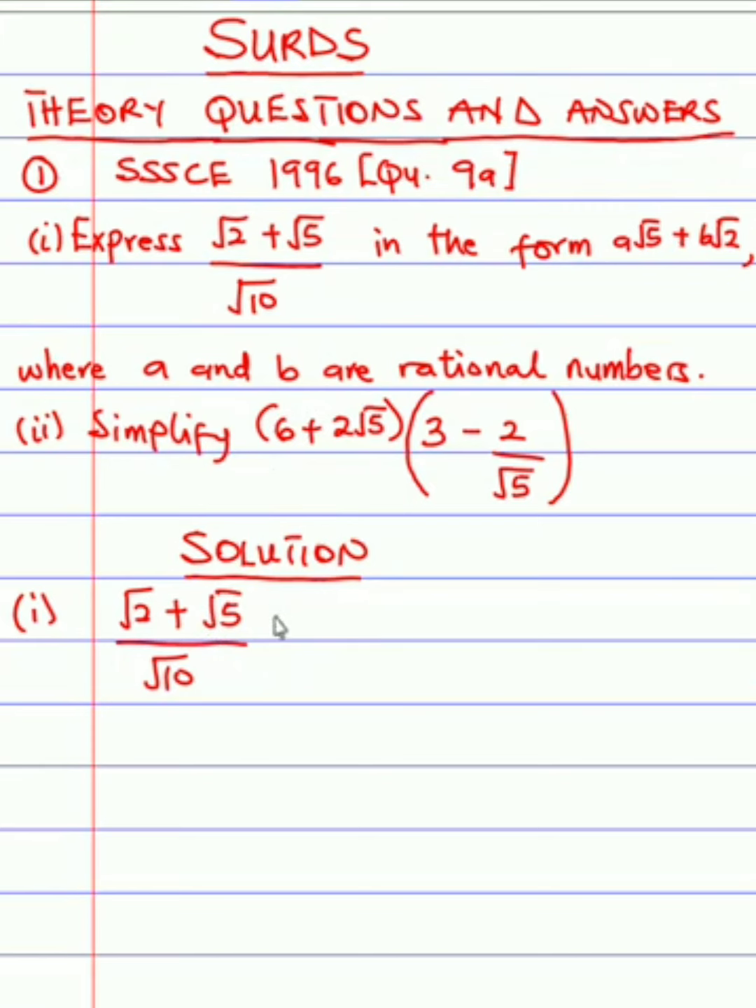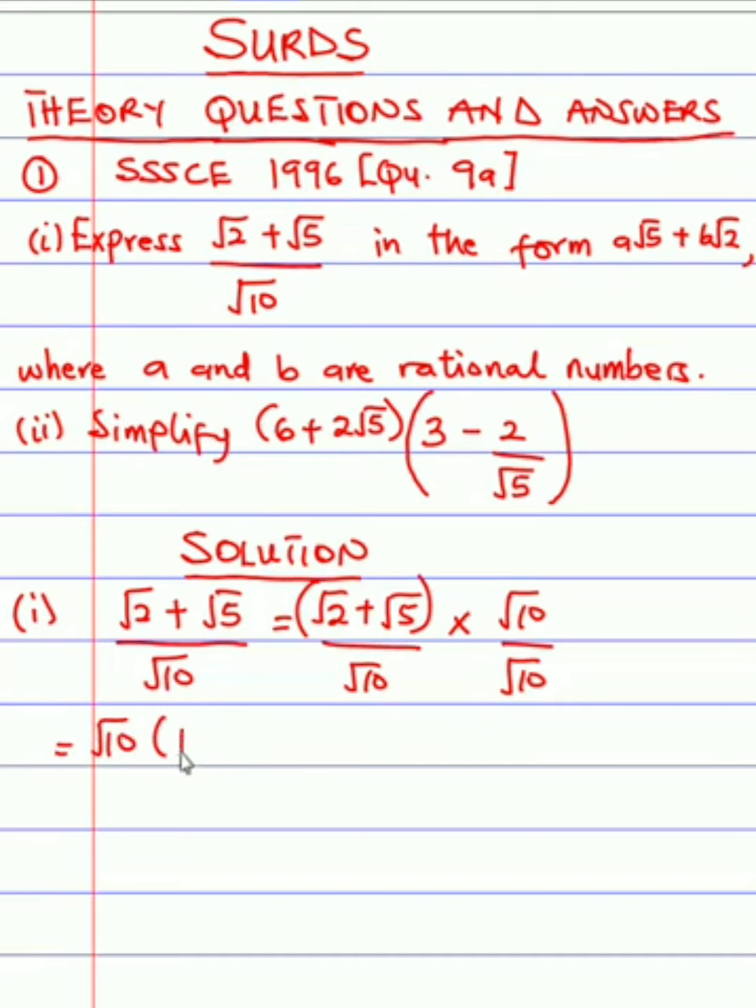All right, so to do this, we have root 2 plus root 5 all over root 10. We're going to multiply the numerator and the denominator by the denominator, which is root 10. This is rationalizing the denominator. So this root 10 is going to multiply everything over here. In order to make things simple, let's put this in a bracket and see it as one term. So we're going to have root 10 multiplying root 2 plus root 5